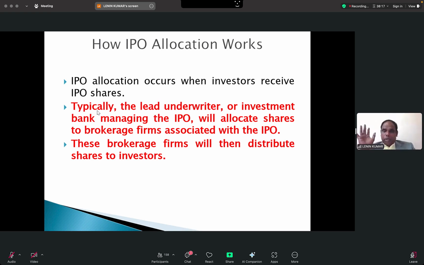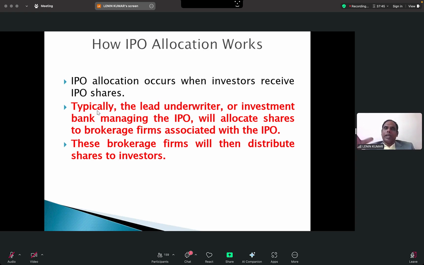It is very, very important. So now who is allocating the shares? That is the point you want to understand. The company is not allocating. That means Lulu is not allocating. Only NBD is doing that. And NBD is allocating to whom? Not to the direct investors. It is allocating to the brokers, that means brokerage firms. Shares are allotted to the brokerage firms. These brokerage firms will then distribute shares to the investors. See, this is the normal procedure.